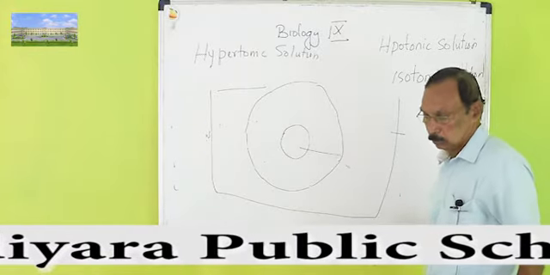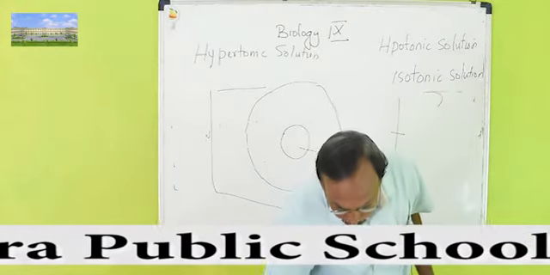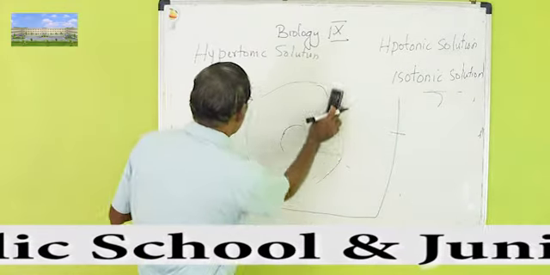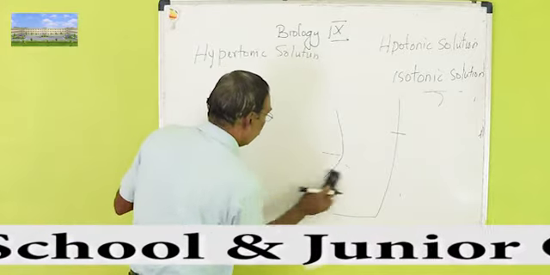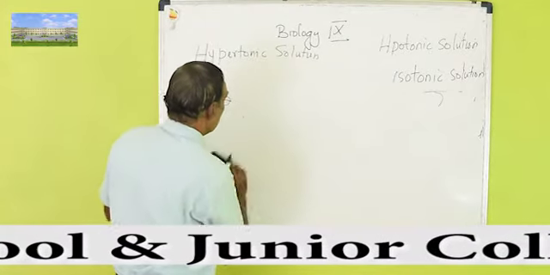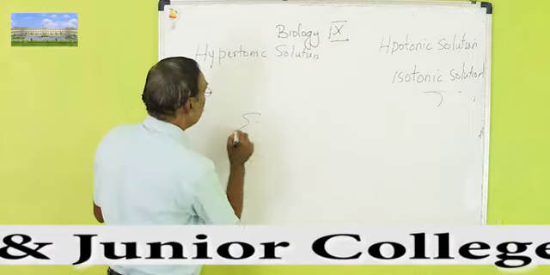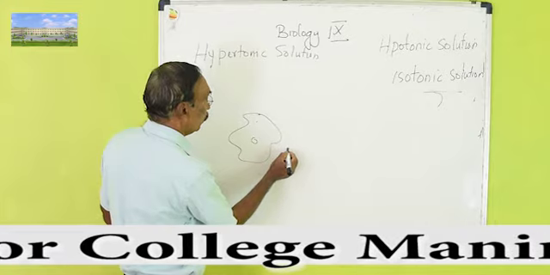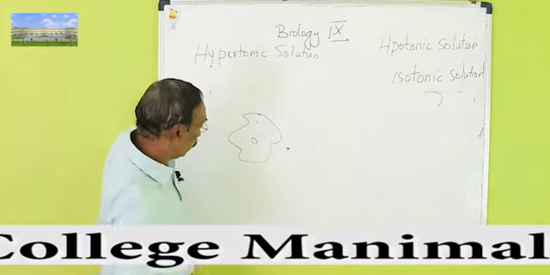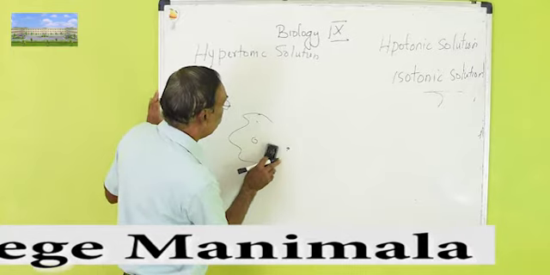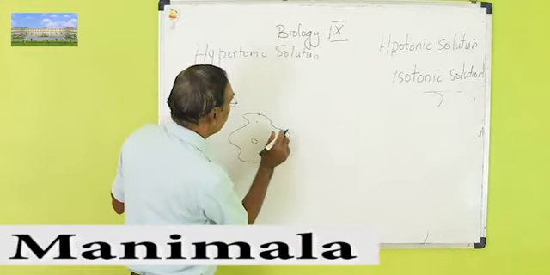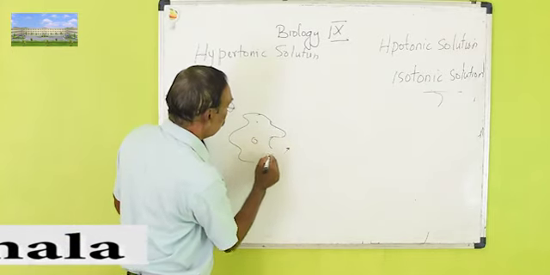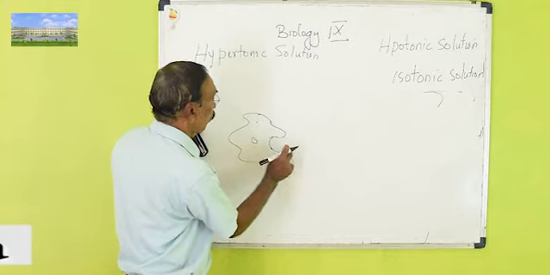And you can see it is used by some animals to get food material. For example, amoeba, which you already studied about. How does the feeding of amoeba take place? You can see this is amoeba. If it happens to see a food material, any living thing, slowly the amoeba changes its shape by protruding its plasma membrane towards that food.